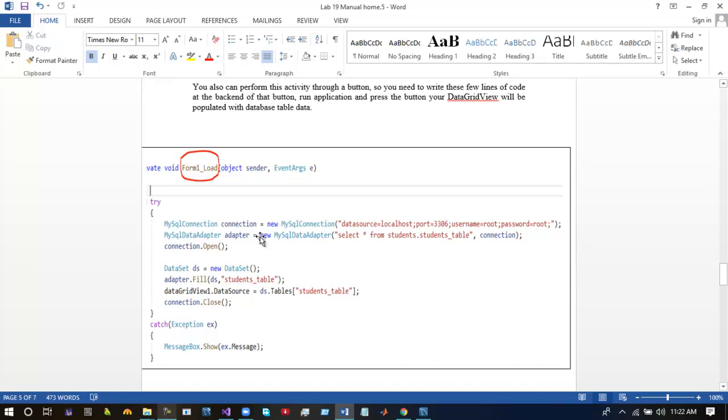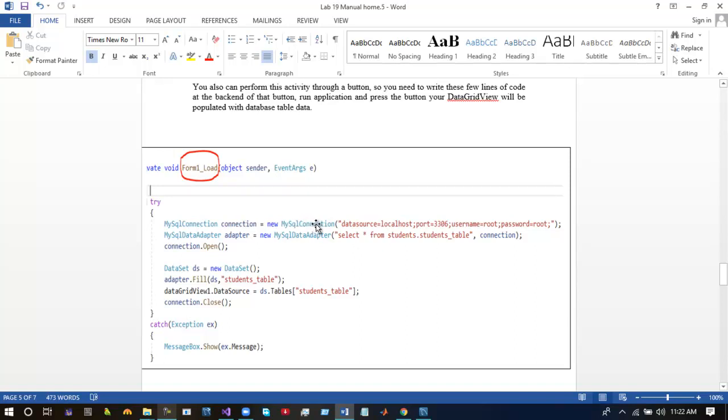In the second line we will pass the query and the connection. MySqlDataAdapter is equal to new MySqlDataAdapter. This is a built-in function in which we need to insert two parameters. The first parameter is the query, while the second parameter is the connection that we already created in line number 1.